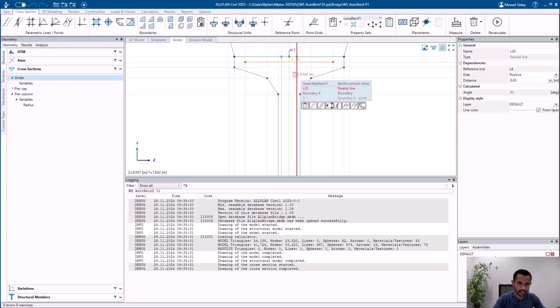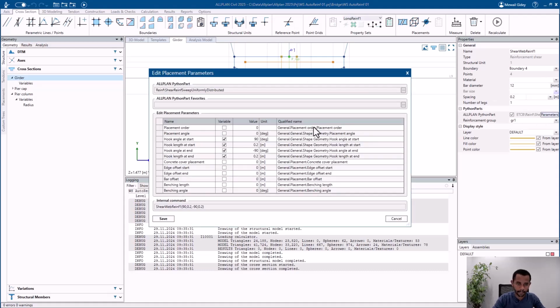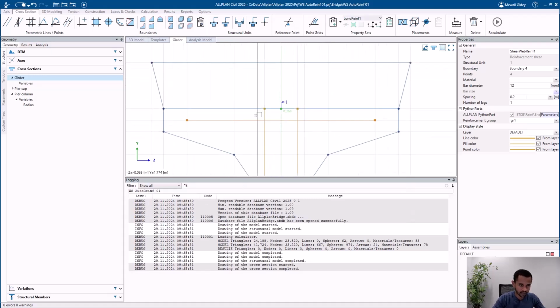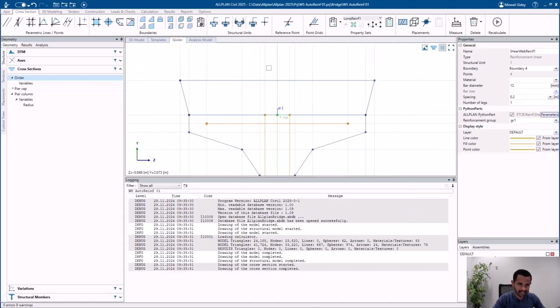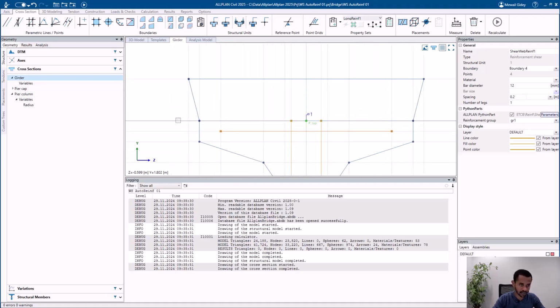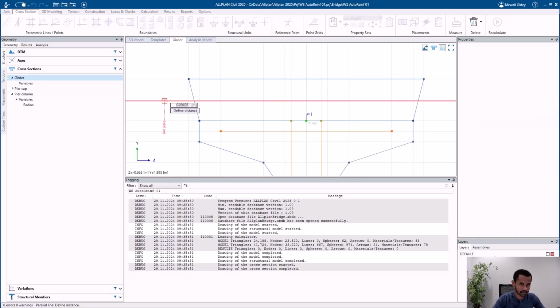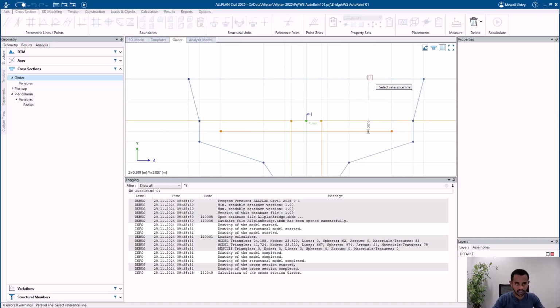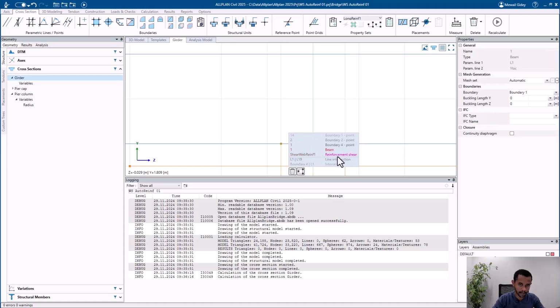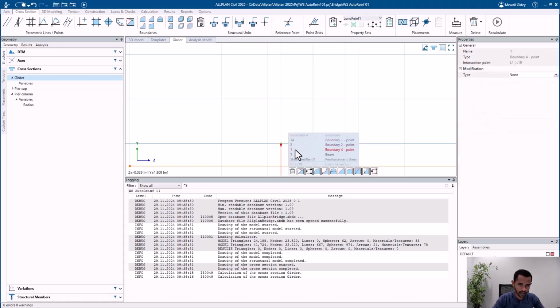Here I added -90. So I'm gonna make this one 90 here and do that. But you can see normally you would also want to extend this all the way to the top or to some length, right? So you could just add some distance here, let's say 0.1, and we could just extend this point. So this point is like for boundary point 1 here, you can see this point,